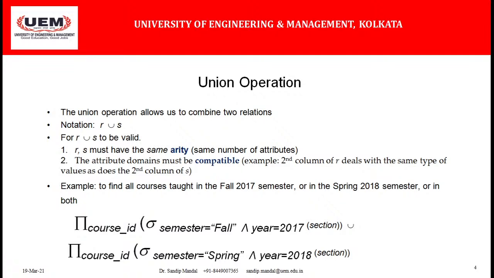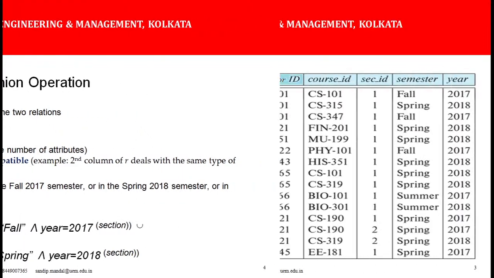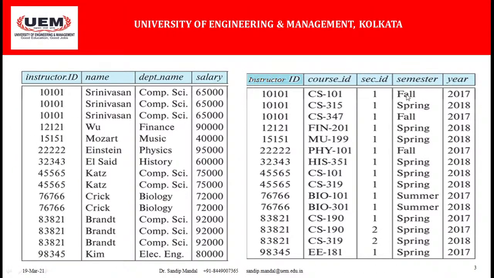Meaning that find out the courses that may be taught in the fall semester of 2017, or in the spring semester of 2018, or in both the semesters, that is, maybe in the fall semester or maybe in the spring semester of 2018. So from the right hand side table, if we check that thing,